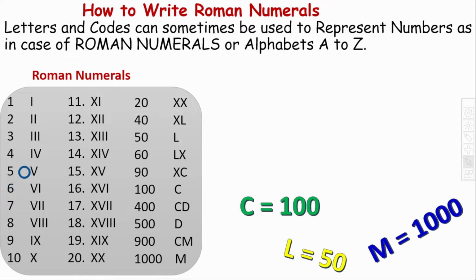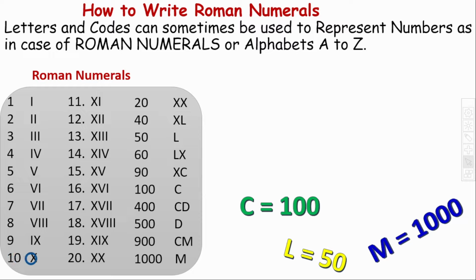5 minus 1 gives us 4. 6 was derived from 5, so that's why the I is put after the V. 5 plus 1 gives us 6. So V plus I gives us 6. That's VI. Then 7 was also derived from 5 by adding 2. 5 plus 2 gives us 7. So 2 was added, VII. 8 was also derived from 5, VIII. 9 was derived from